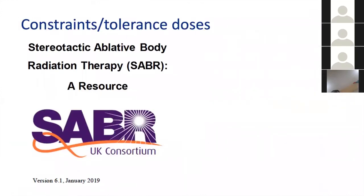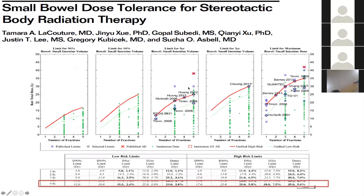So what are the dose tolerances? I think that's my favorite paper, which is a very nice help for everybody who begins with SBRT. It's a very good summary of each body region, not only liver, and all constraints for each organ are published there. Before that,